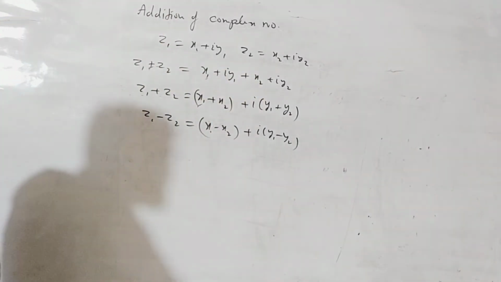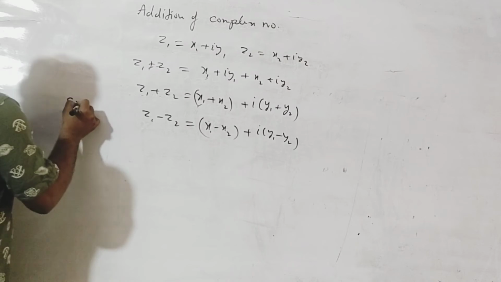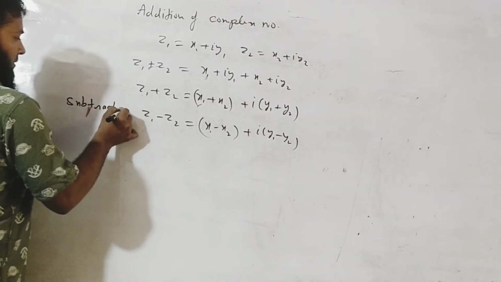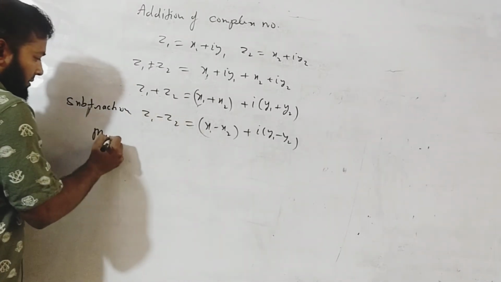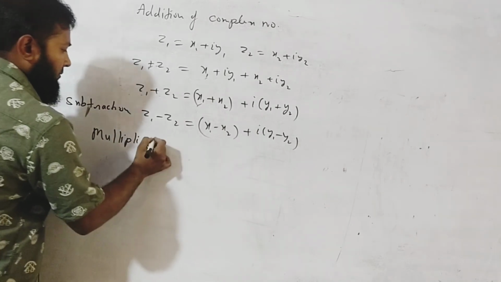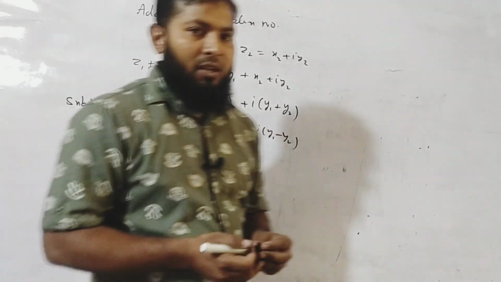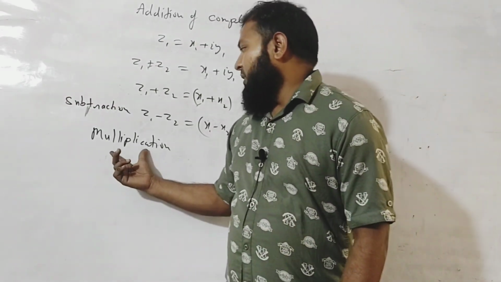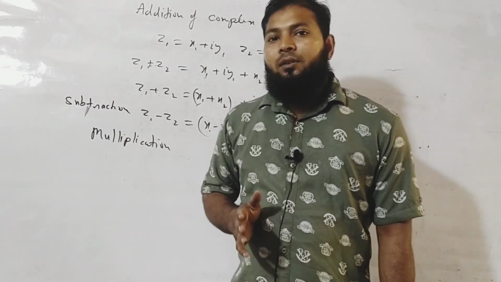This is subtraction. Now multiplication and division: I will make you understand how these two operations are calculated with complex numbers